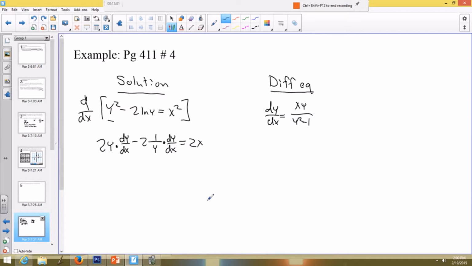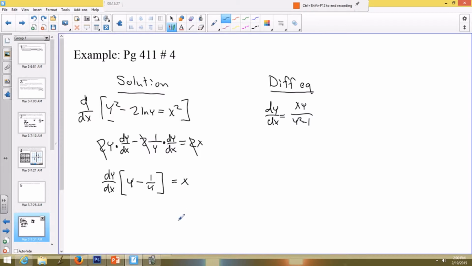Okay, so each term here has a factor of 2, so let's just cancel those out. And then we'll factor out a dy over dx from both terms. So I got dy over dx times y minus 1 over y